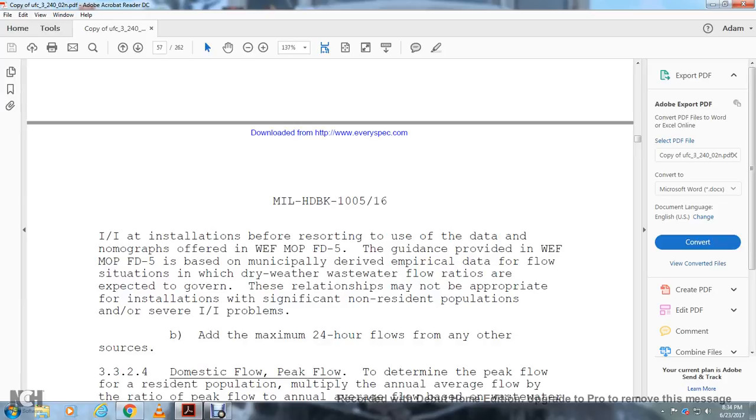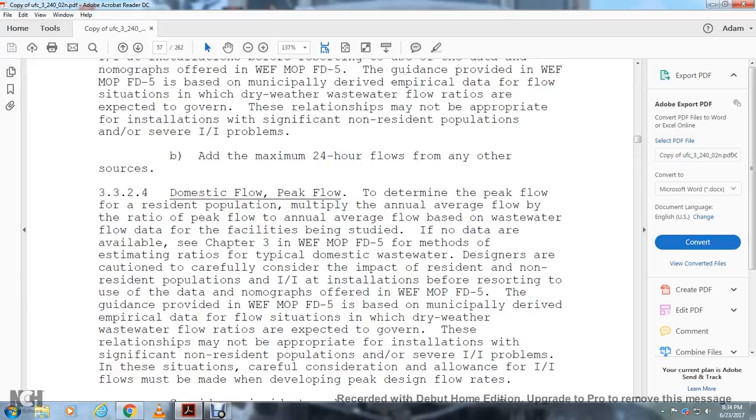For the maximum 24-hour flows of any other source of domestic flow, peak of the flow determines the peak of the flow of the residential population. Multiply the annual average flow by the ratio of the peak flow to the annual average flow, based on the wastewater flow data for the facility being studied. If no data is available, see Chapter 3 of the Water Environment Federation MOP, FD5, for estimating ratios of the typical domestic wastewater design, and carefully consider the impact of the resident and non-residential populations at one-to-one